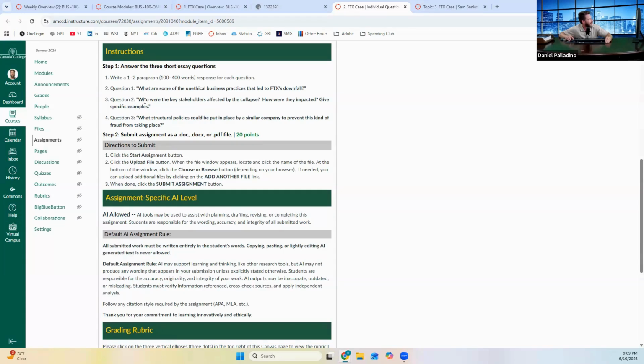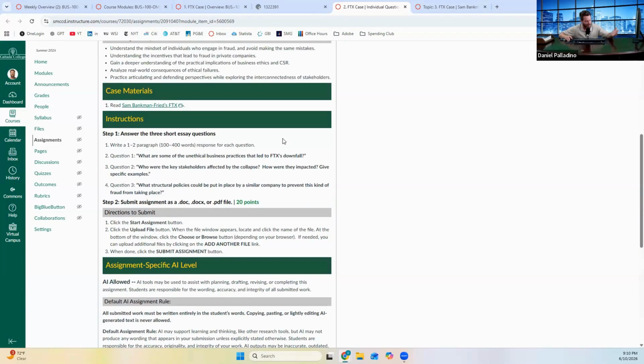There were the celebrities who were endorsing it, the people who were consuming the advertisements from the celebrities, the general public, like I said. And build in some of those policies that we read last week in chapter 2 on ethics, where we talk about having a code of ethics. Did they have a code of ethics? Did they have a way of enforcing that code of ethics? I don't really know that they had very many company values established. That's just me throwing out some of my takeaways. But what are your takeaways? That's what I want to hear in this writing.